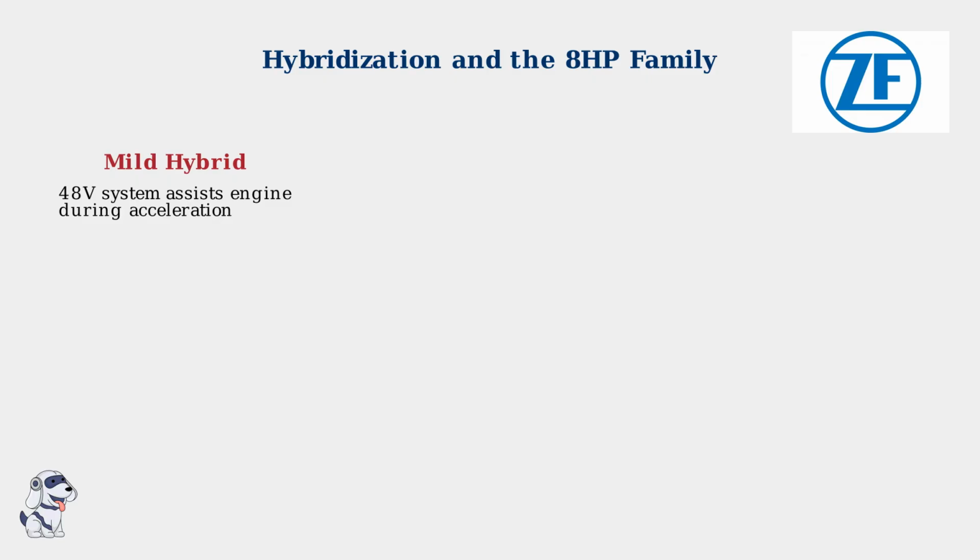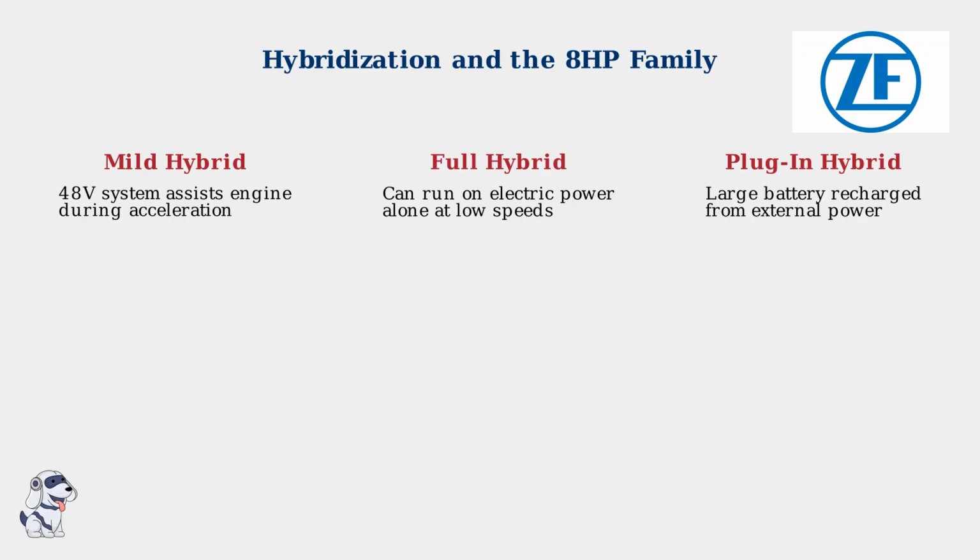Mild hybrid systems use a 48-volt electrical system to assist the engine during acceleration, improving fuel efficiency without major powertrain changes. Full hybrid systems can operate on electric power alone at low speeds, seamlessly switching between electric and gasoline power as needed for optimal efficiency. Plug-in hybrid systems feature large battery packs that can be recharged from external power sources, providing extended electric-only driving range